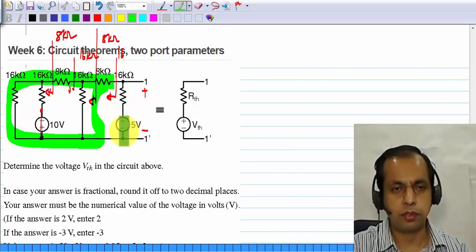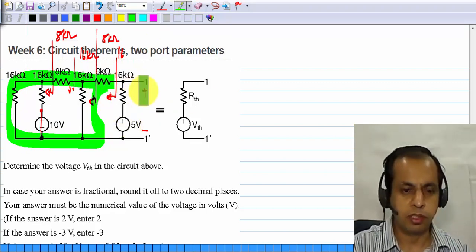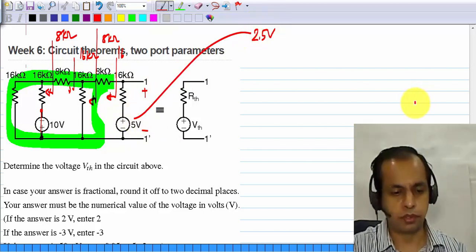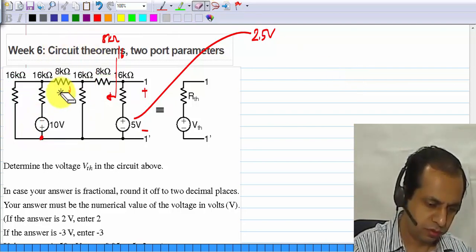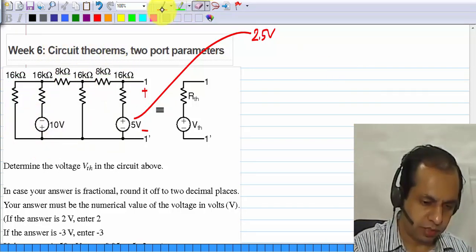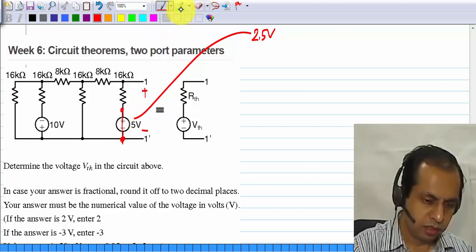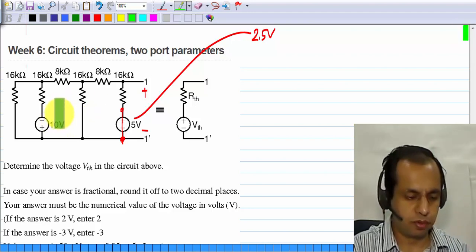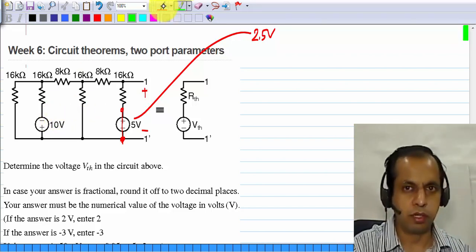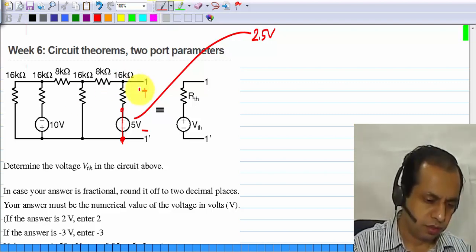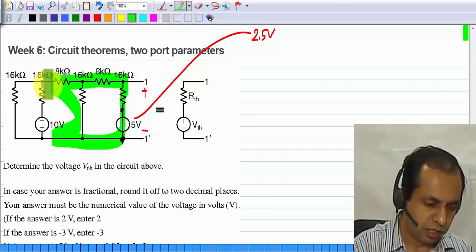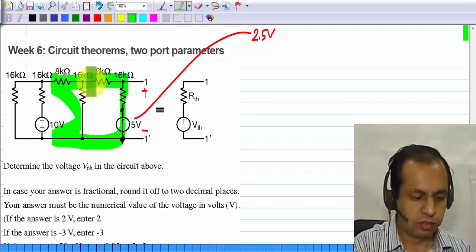The contribution of this 5 volts is 5 volts times 16 divided by 32. So from this we get 2.5 volts. Now when you deactivate this source and do it from this particular source, the calculations are slightly more cumbersome but nothing fundamentally difficult. So you first have to find the equivalent resistance of all of this and substitute it between these two terminals and then use successive voltage division